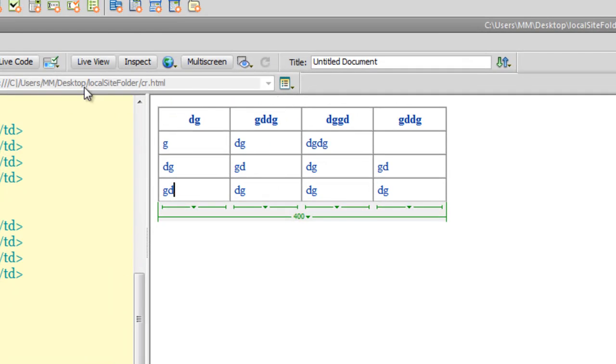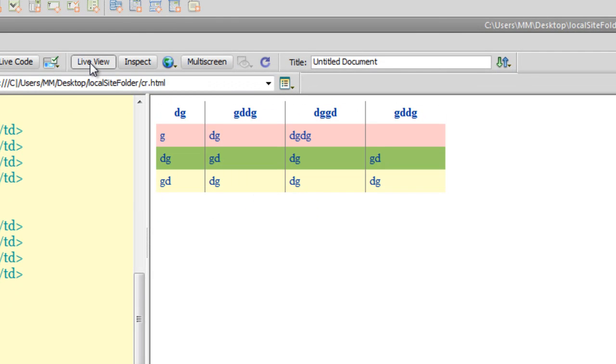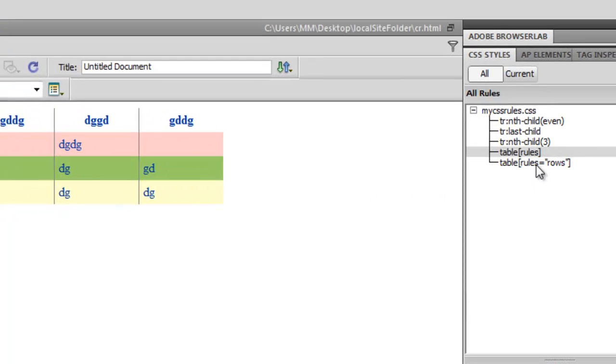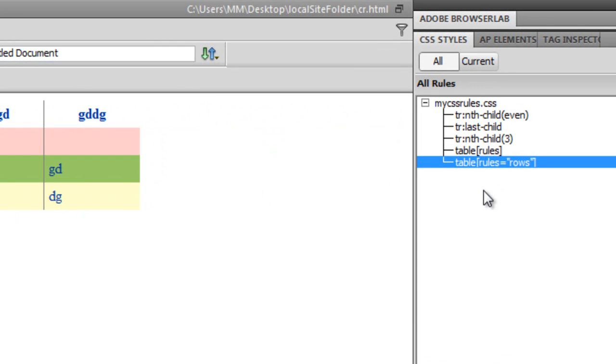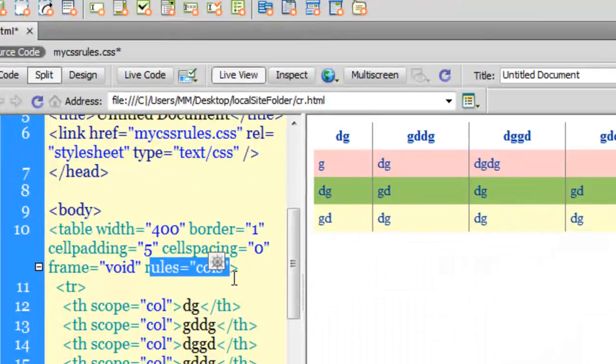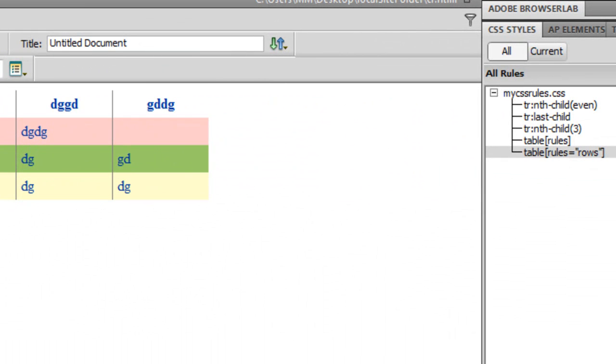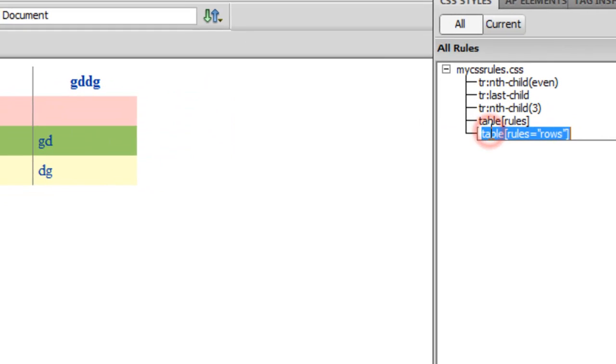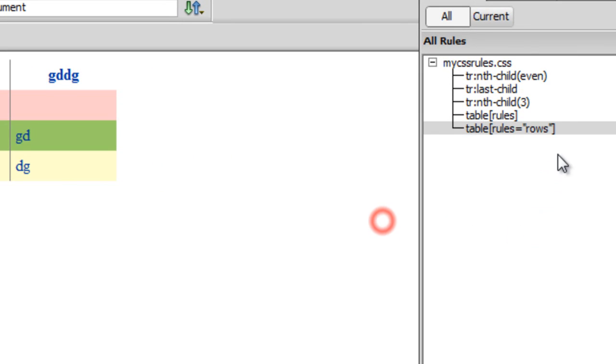Let me see if the rule has actually gotten applied. Obviously it did not get applied, guys. That's because the attribute rules is not equal to rows, but if we check in the code view once again, rules is equal to cols for columns. So obviously this rule has been disabled automatically by Dreamweaver. But if I were to click here and then modify the rule from rows to cols,